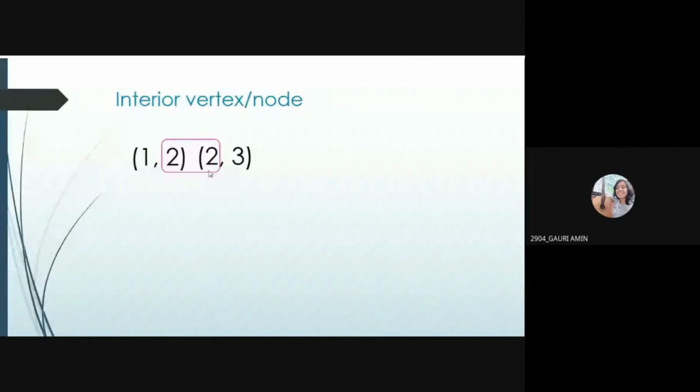Yes, ma'am. Now, so 1 to 2 is there, 2 to 3 is there. It means we should have 1 to 3 as our new pair, and we consider that it is not there in the given relation. So we form a new pair 1 comma 3.